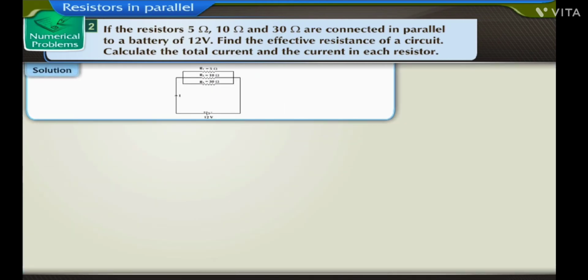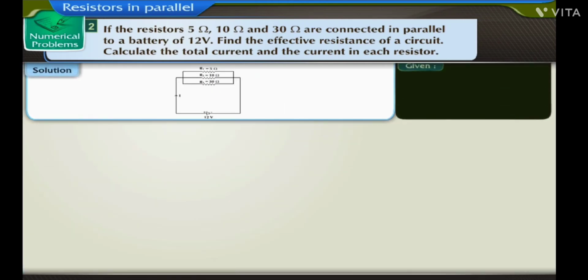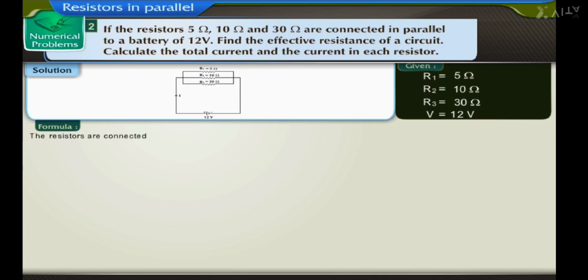Solution. Let us first write the given data. R1 is equal to 5 ohm, R2 is equal to 10 ohm and R3 is equal to 30 ohm and V is equal to 12 volt. The resistors are connected in parallel, hence the effective resistance of the circuit is given by 1 upon